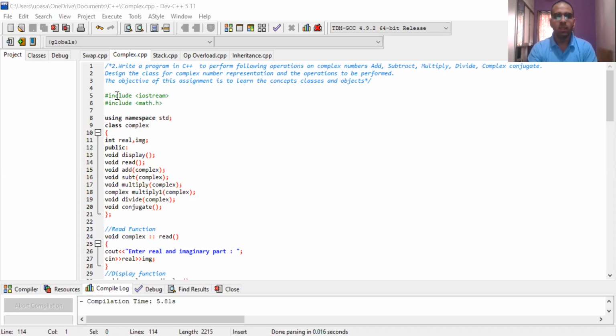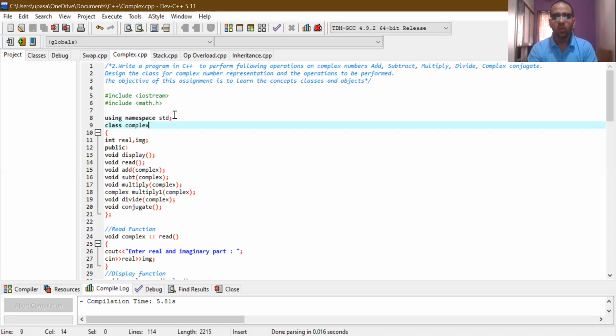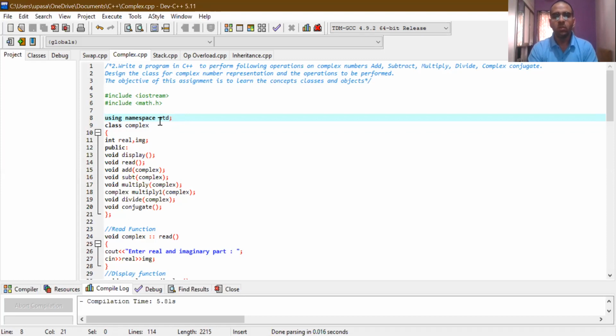Here you can see again, we start with #include <iostream> as the header library for particular keywords from C++. Then we have #include <math.h>. As it is very much about arithmetic on complex numbers, we are going to use this math.h header file. Using namespace std. Earlier, I have discussed that for using some objects in C++, we need to use the std prefix with them. But if we use the using namespace std line, then this need is omitted.